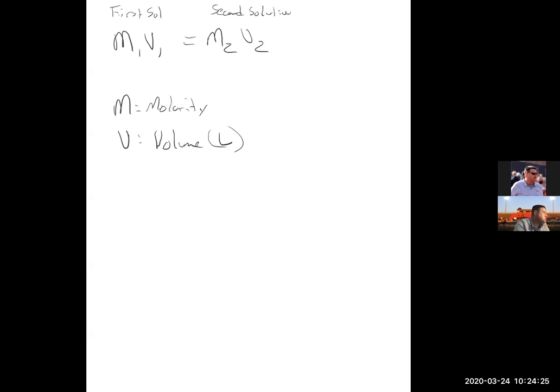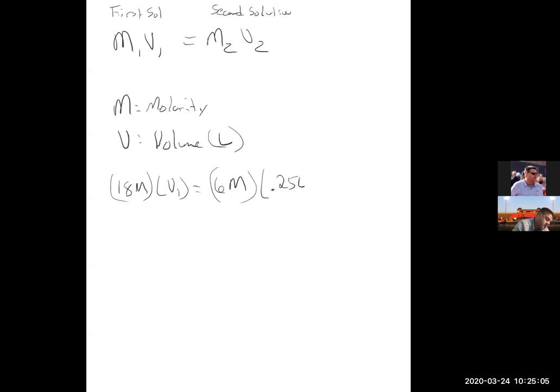So in this question here, it wants to know how much concentrated 18 molar sulfuric acid is needed to prepare 250 milliliters of a 6 molar solution. So when I look at this, I'm going to write in what I know. I know 18 molar. That's my M1. And I need to find V1. And then I know I'm going to get a solution that is 6 molar, and the volume is 250 milliliters, but remember I need that in liters, so I need to go